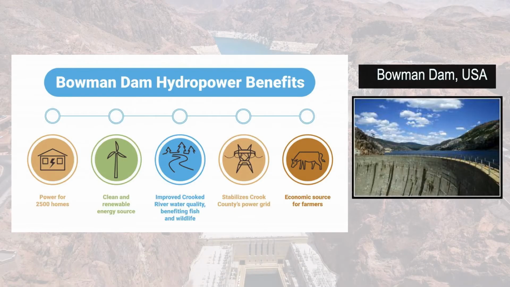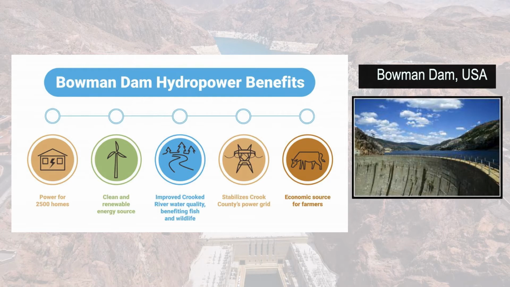Okay, so this is one of the other dams, which is the Bowen Dam in the United States. If you look at the Bowen Dam's hydro benefits, it provides electricity, which is renewable electricity, improves the river quality, and creates a new ecosystem. As it creates a new ecosystem and improves the river, it will reduce the flood,